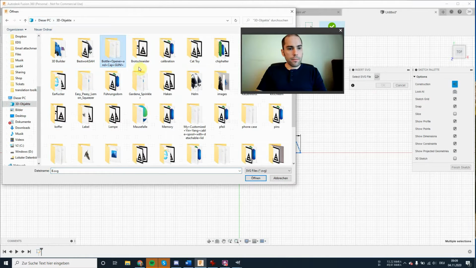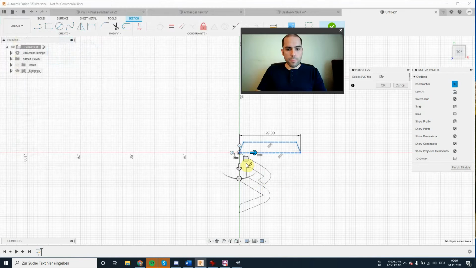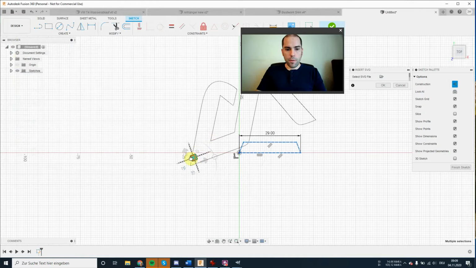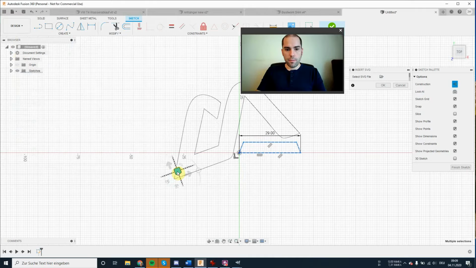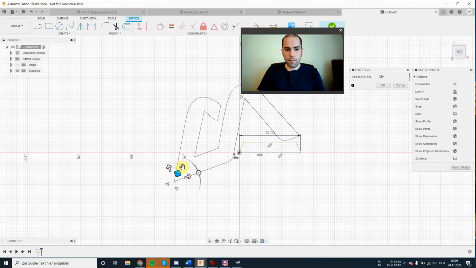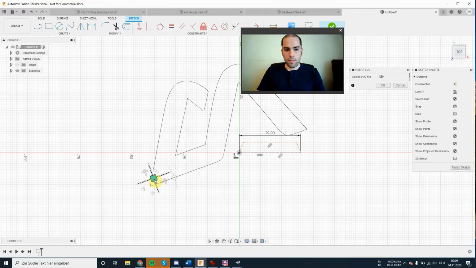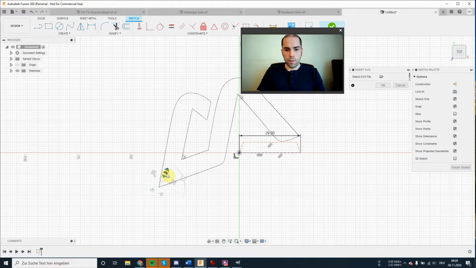Selecting the file. And inserting it in a size that makes sense. So if you want to open this bottle cap here, it would have to be a bit smaller.